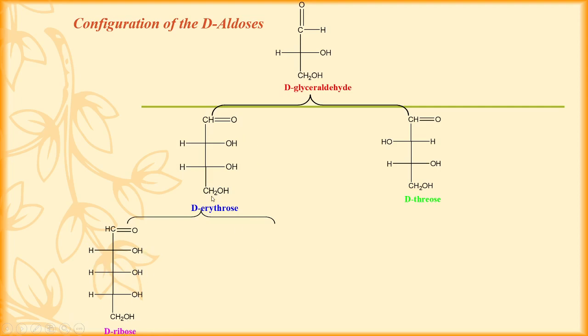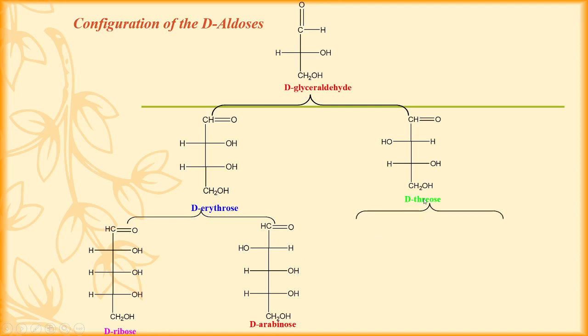And again this D-erythrose is converted into D-arabinose. The only difference is that the carbon atom is added after this aldehydic group and we write the hydrogen on the right hand side, and the other moiety remains the same. The only difference is here this chiral carbon and here this chiral carbon atom. Here we write the hydrogen on the left side, and in this molecule we write the hydrogen on the right hand side.